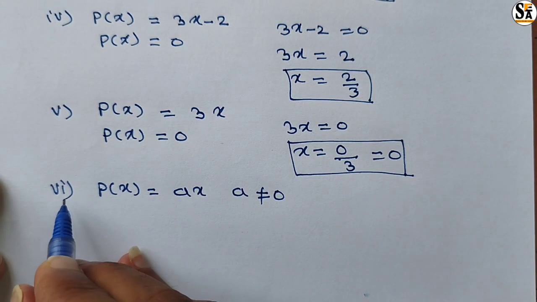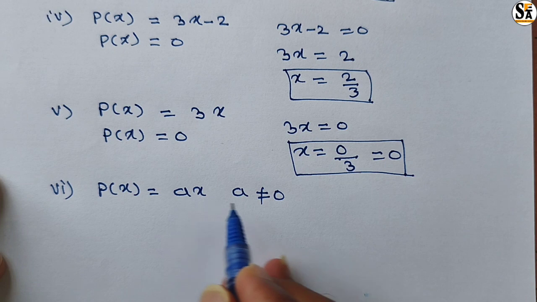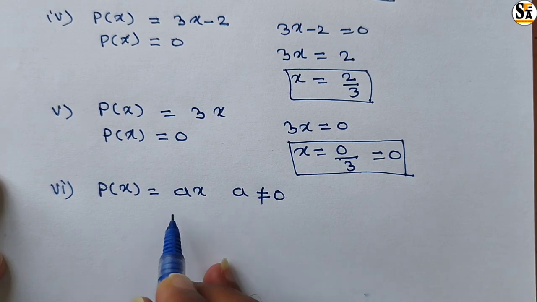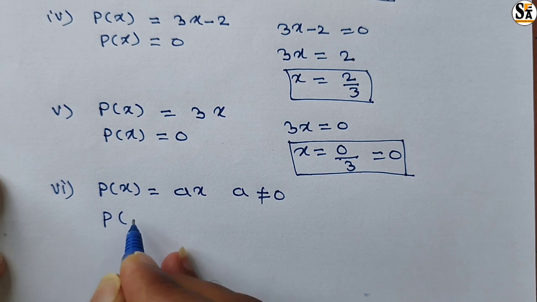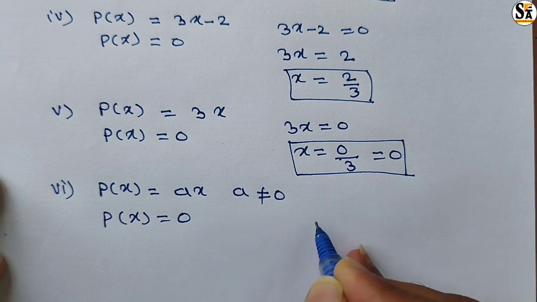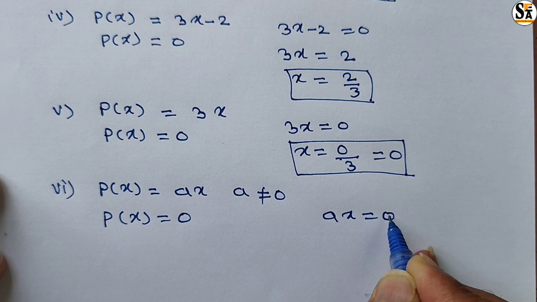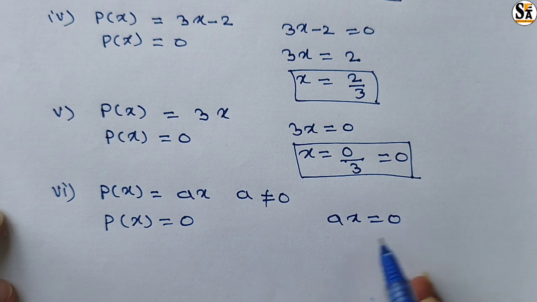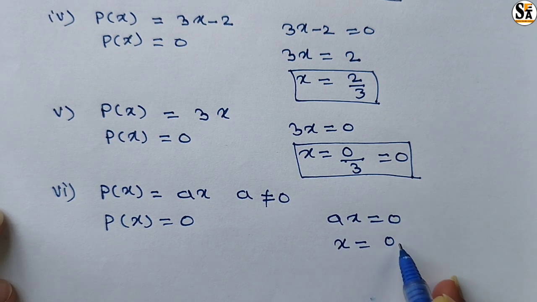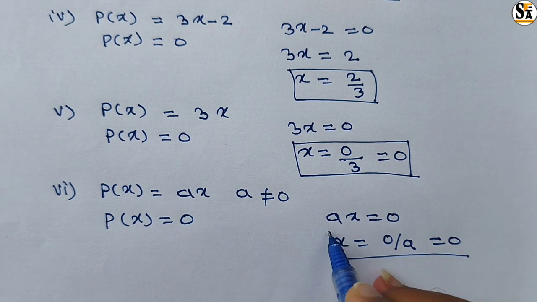Now see the next one, p of x equal to ax. Here x is a variable, a is a constant, and it is not equal to 0. Then we have to find the 0 of this polynomial. The 0 of this polynomial means p of x we must get 0. Means this equation ax is equal to 0, isn't it? a is not equal to 0. So solve this, transfer this coefficient a to the right side, we will get x equal to 0 upon a. If we solve this, we will get here 0, means x equal to 0 is the 0